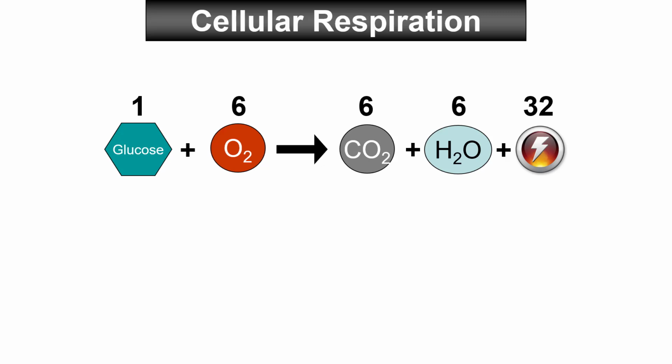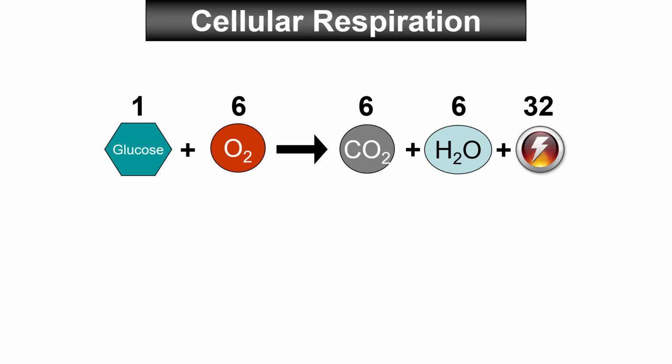So I don't know if you've noticed, but the key here is 6. And that's because glucose has 6 carbons in it, okay? So we use 1 glucose molecule, but that 1 glucose molecule has 6 carbons. So the carbons in the glucose are going to become the carbons in carbon dioxide, and oxygen, the 6 molecules of oxygen, are going to be reduced to 6 molecules of water,